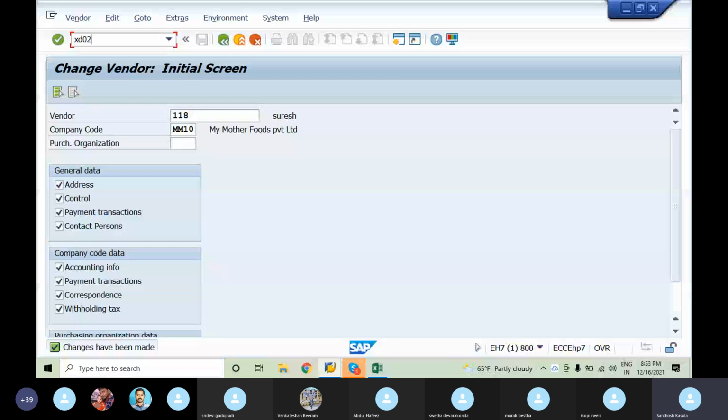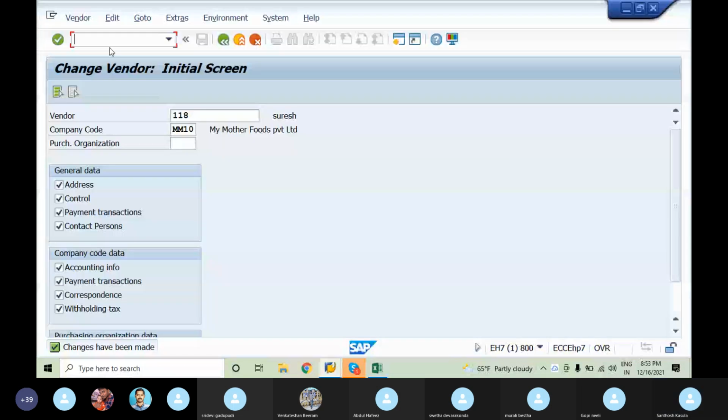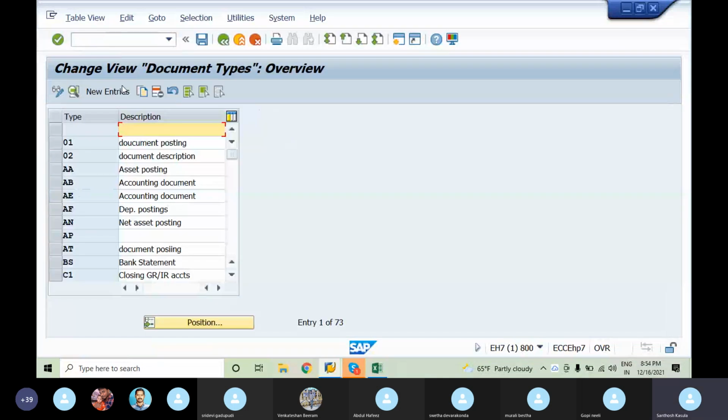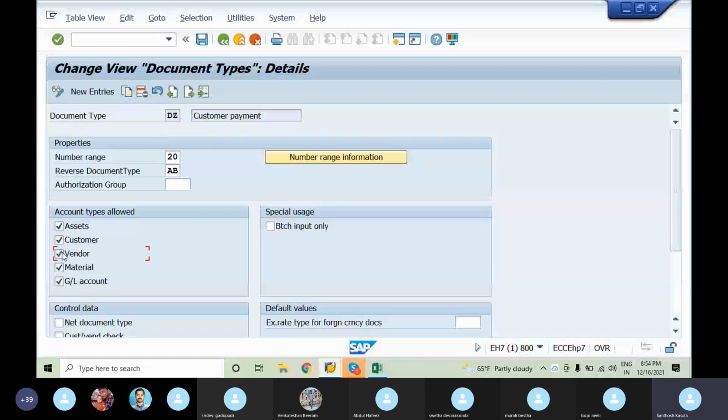To check the document types, the T code is OBA7. It is DZ payment, and we need to select the vendor.